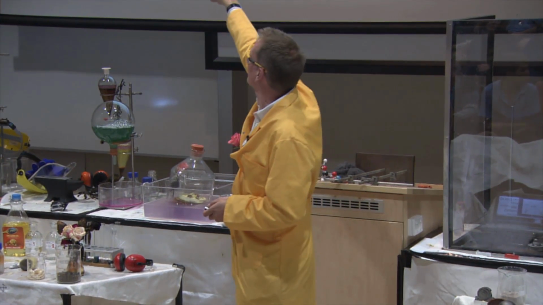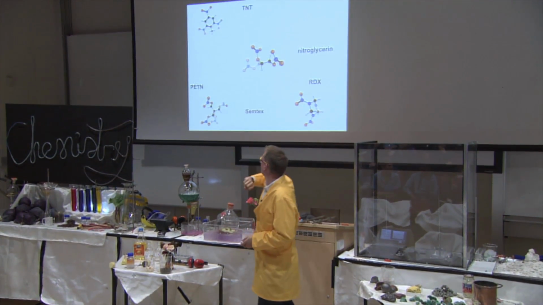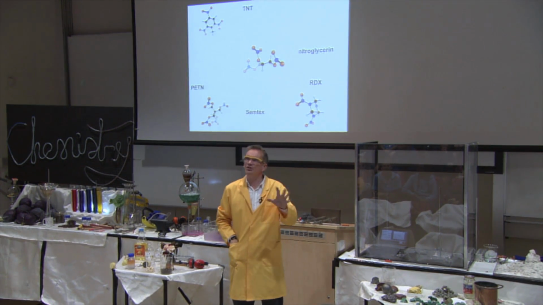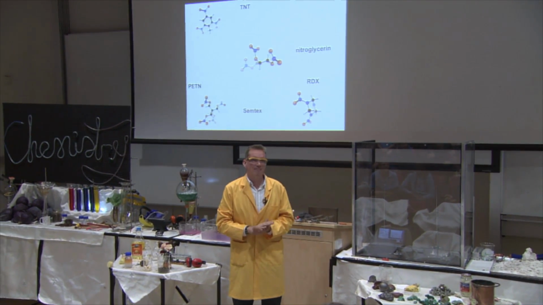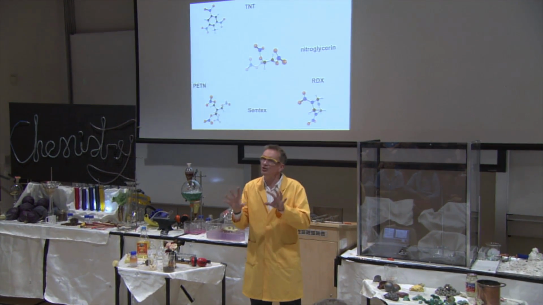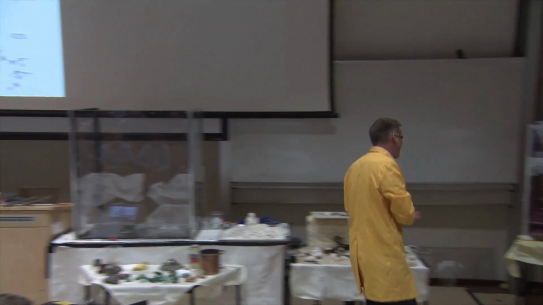So we have TNT at the top there, trinitrotoluene. We have nitroglycerin. We have these other compounds here that make up high explosives. All have lots of nitrogen and oxygen built in. Well, this just about brings us to the end of the lecture, but I just thought I'd finish with just showing you what this is all about, this extra nitrogen if we build it in.